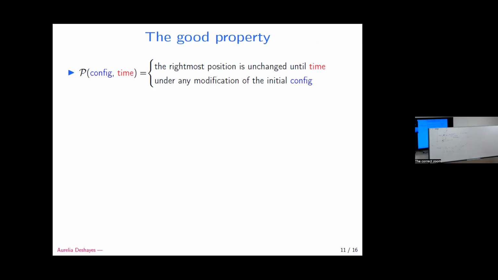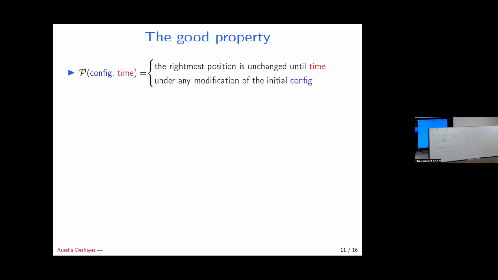We cannot use this kind of "I will look for the rightmost with infinite descendants" because it's not a renewable time, because we cannot ignore the information that we have. So we have to find another good property. The good property is: I am the rightmost and I have infinite descendants. So the good property will be really, really strong. At first view it is